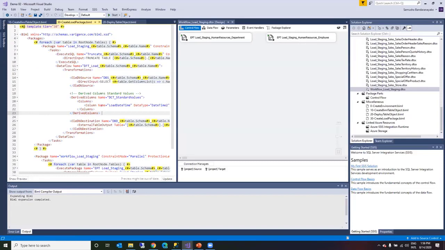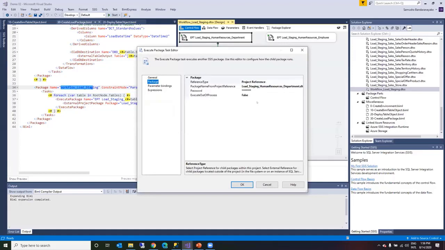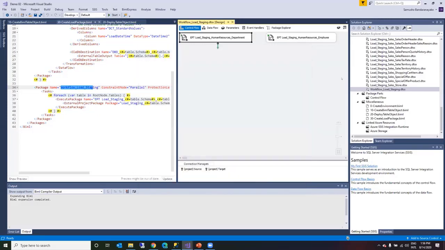Here is the code for creating that package. Under this one, I am creating a workflow load staging. Here you can see I'm creating an execute package, which calls the package that the program needs to execute. And if you go to the single package,